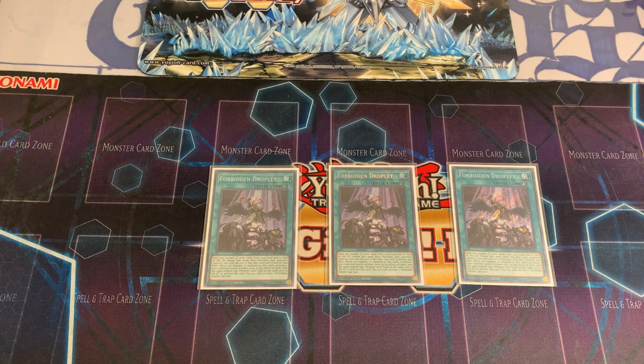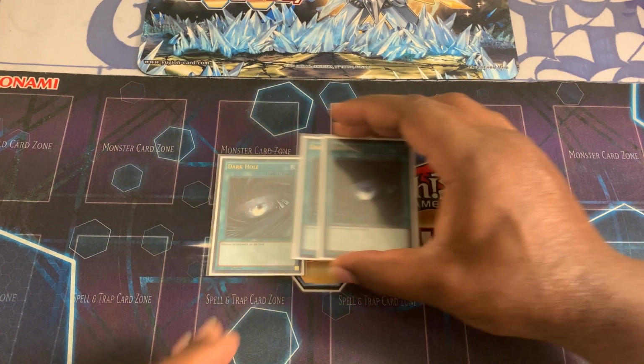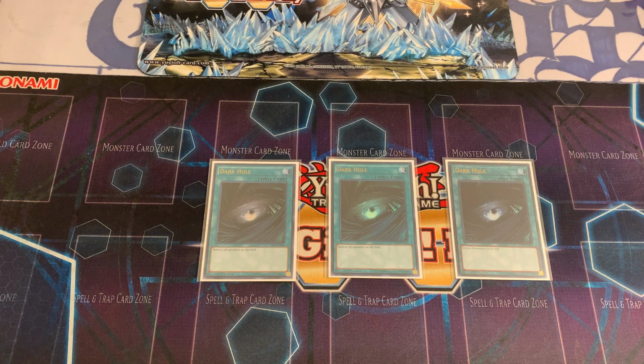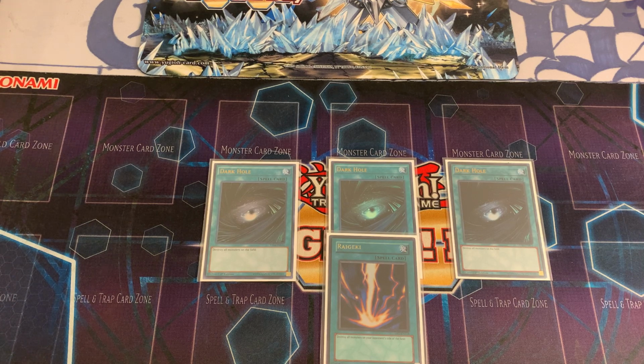I love the card. So definitely must play it in Gravekeepers because remember they can't break boards, unfortunately, because they're not a combo deck. So this helps you break those boards. In addition to Forbidden Droplets, I also play 3 Dark Holes to help break those boards as well. And on top of the 3 Dark Holes, I play 1 Raigeki